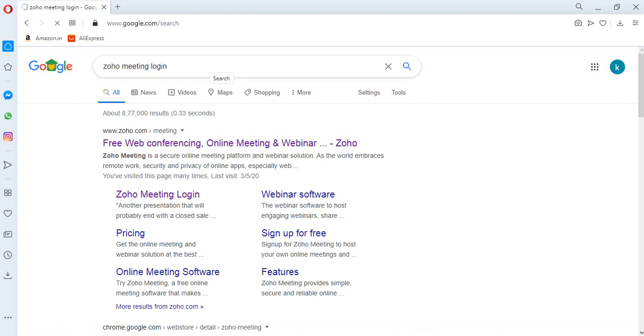In the Google search results, you can see www.zoho.com/meeting is the official website which is providing this Zoho Meetings app. So you have to click on this.